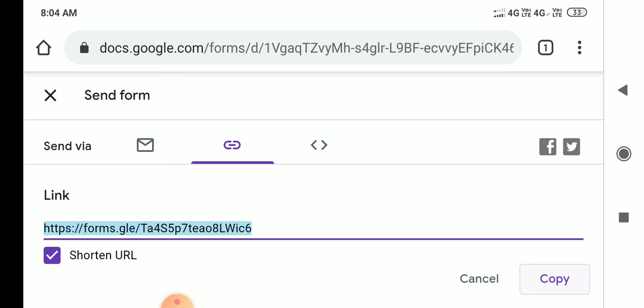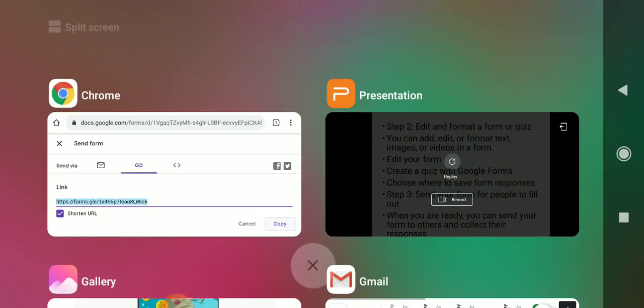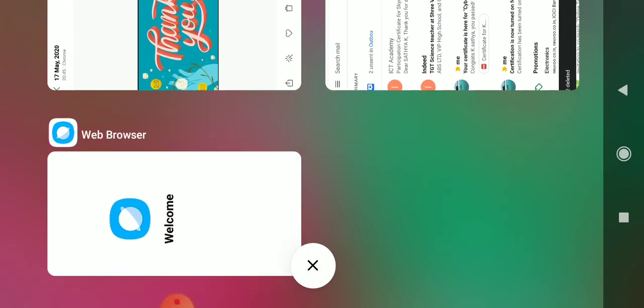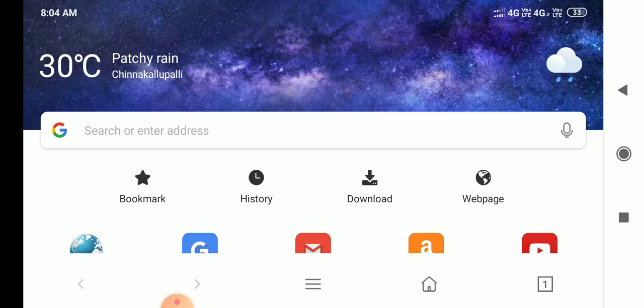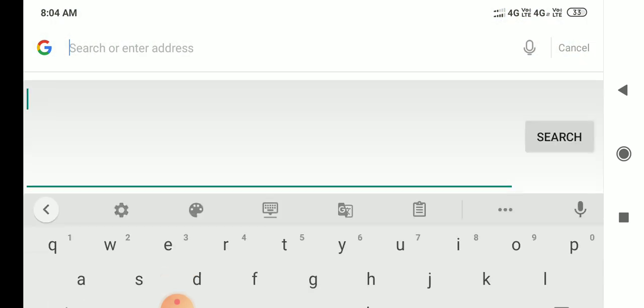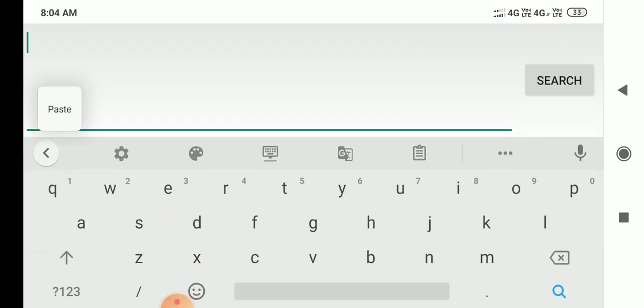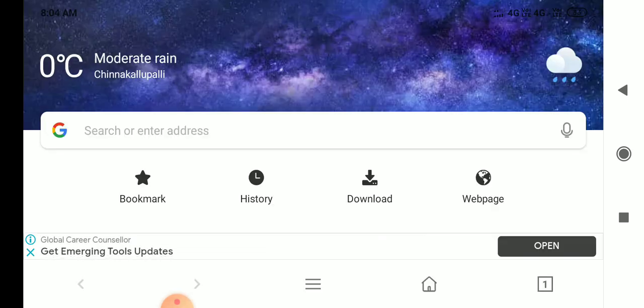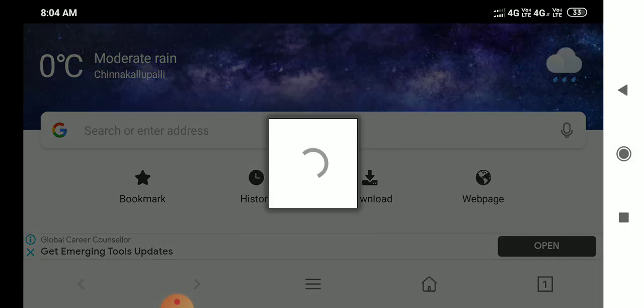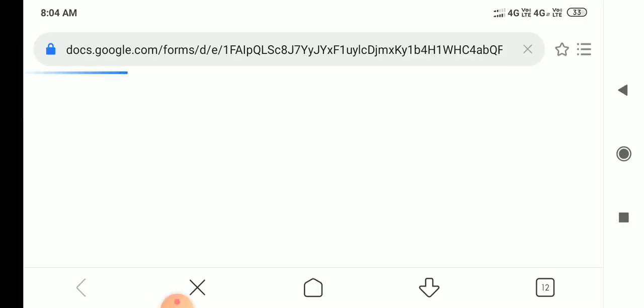Then we move to your browser and check your form. Paste your link here. Search. Your form will open. Yes, the form will open.